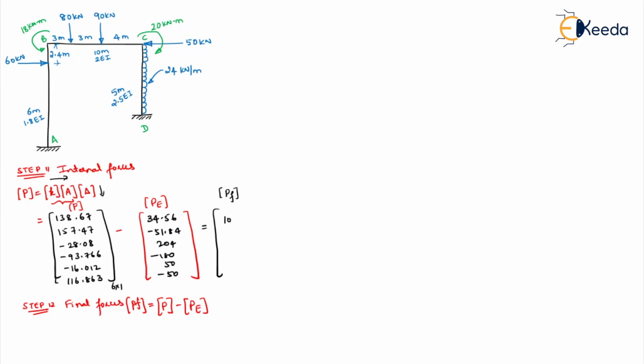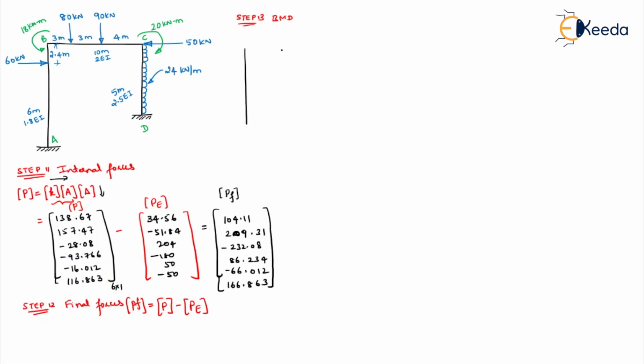So what are these? 104.11, 209.31, minus 232.08, 86.234, minus 66.012, the last one will be 116.863. So this is your PF value. So your next step is what? Finding your bending moment, drawing your bending moment diagram. So step 13 is what? BMD. So in order to draw the BMD, first let us put the final end